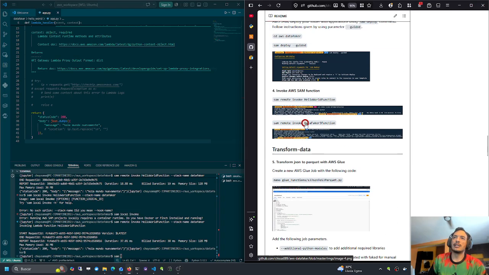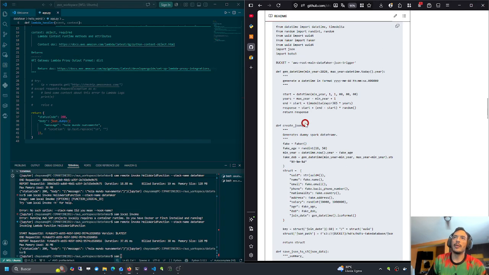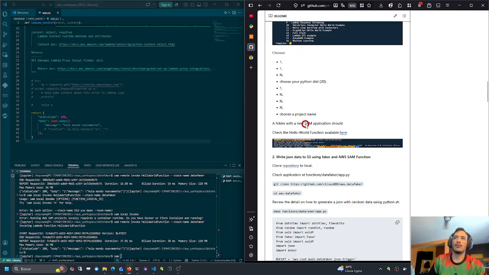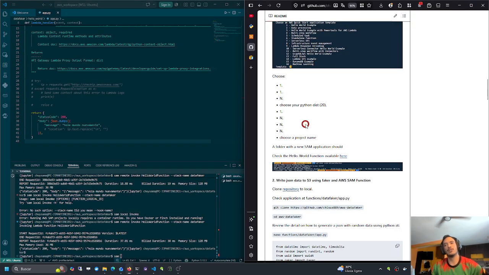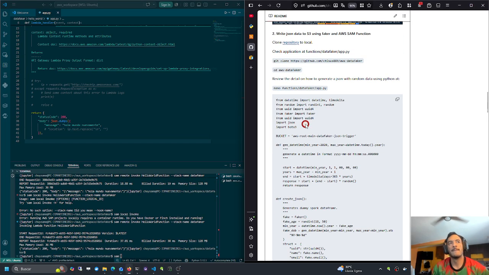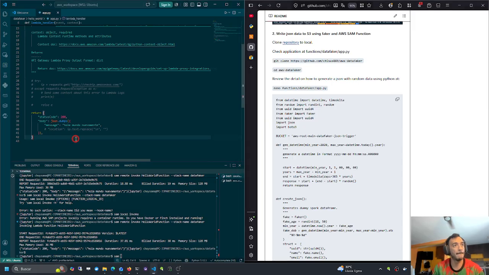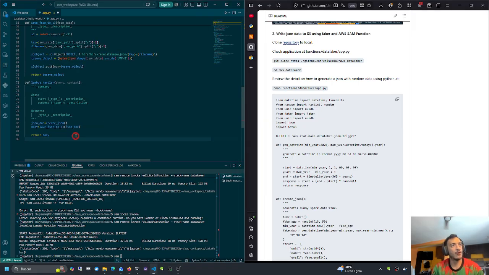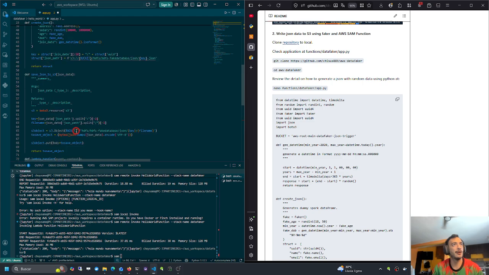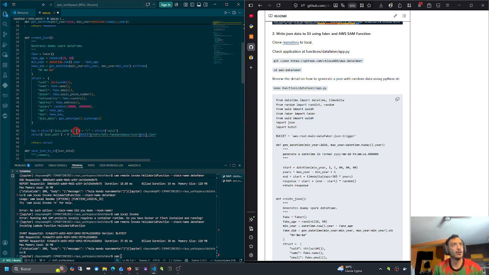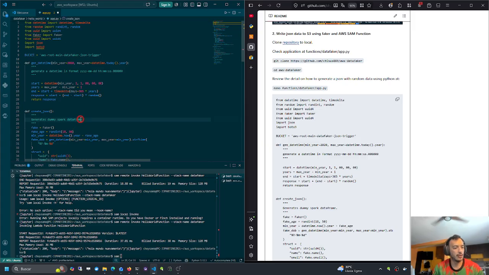And in order to do that, I'm going to copy some code that I have already previously uploaded into this GitHub repository. The repository is going to be available in the comments and in the description of the video down below. So after having copied this code that I have here, I'm going to press Control S on my keyboard to save. And here I'm going to start again